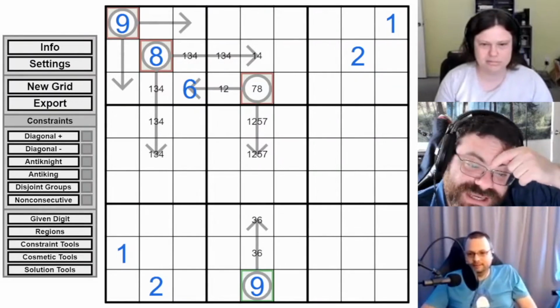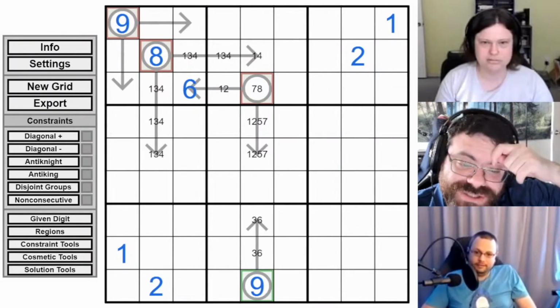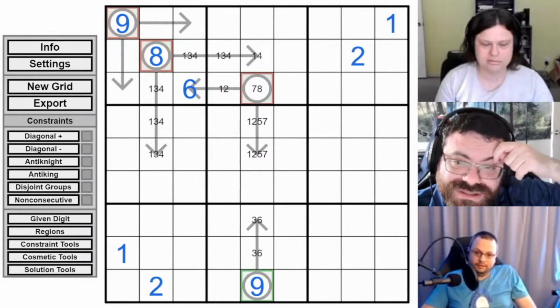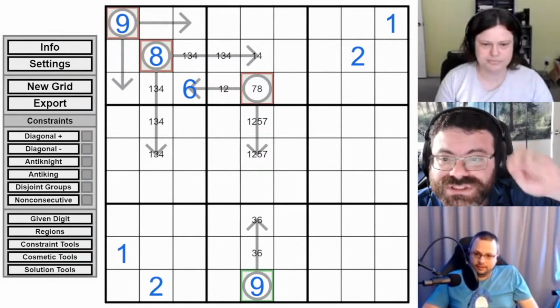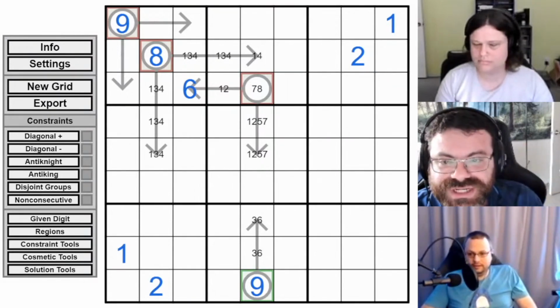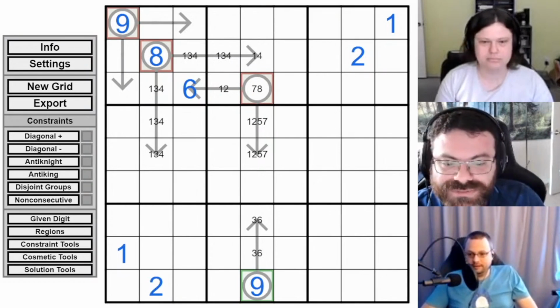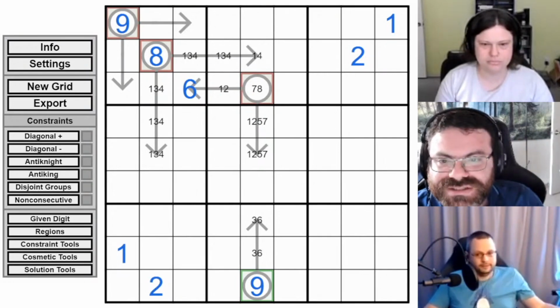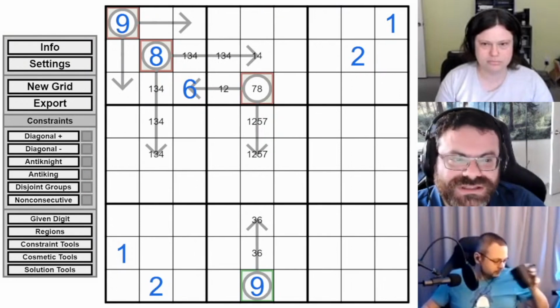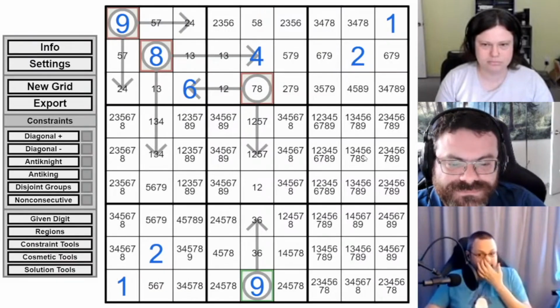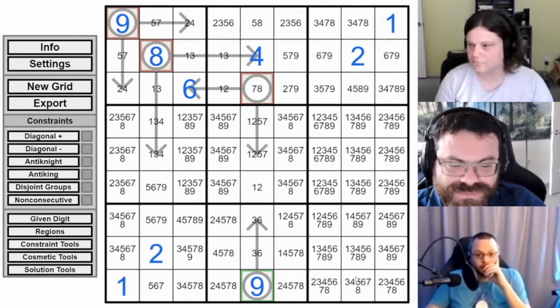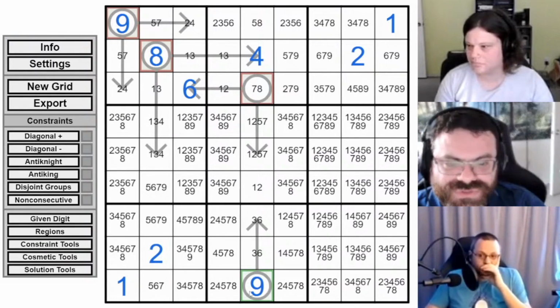So it's at this point that we're diverging a little bit. This is where it gets a little sticky, where we have deductions from true candidates that we don't understand and we don't want to use, but we still want to use true candidates to see what's possible. So this is where things get a little bit more difficult. Yeah, where the test solving becomes important. Yeah, where we test solve a lot more and sort of switch back and forth.